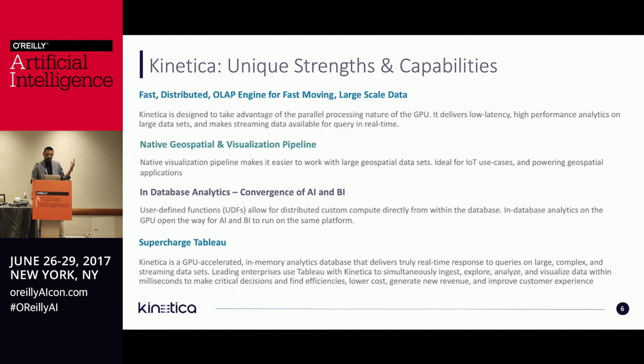And then finally, we'll concentrate a little more on the in-database analytics piece, the convergence of AI and BI, right? Traditionally, your data scientists come up with machine learning algorithms, it could be simple algorithms like linear regression, random forest, or more complex algorithms like Monte Carlo simulations, gradient boosted trees, anything like that. Anything can be taken. Your data scientist comes up with your algorithm, your business users want to use it. You can take your algorithm, deploy it in Kinetica, and export it to the world in any different language that you want, right? So you can converge your AI and BI using the UDF feature, and we'll cover that a